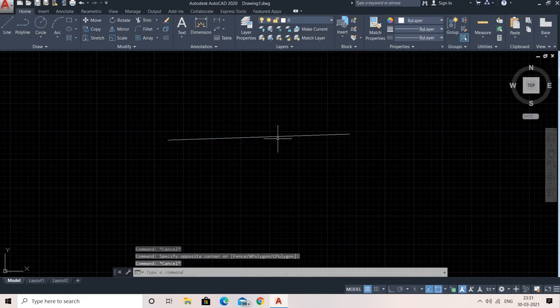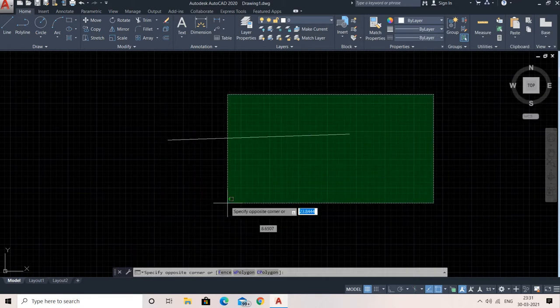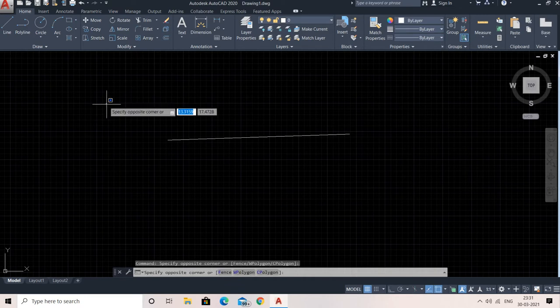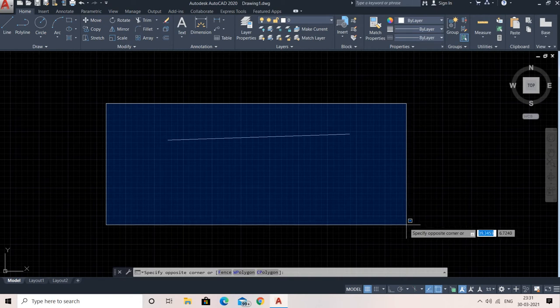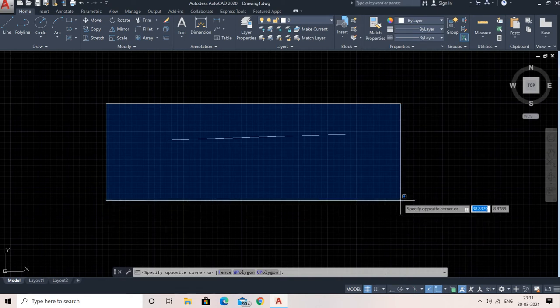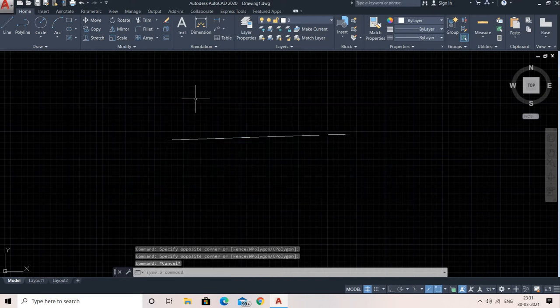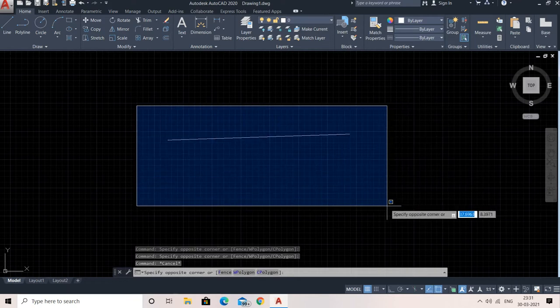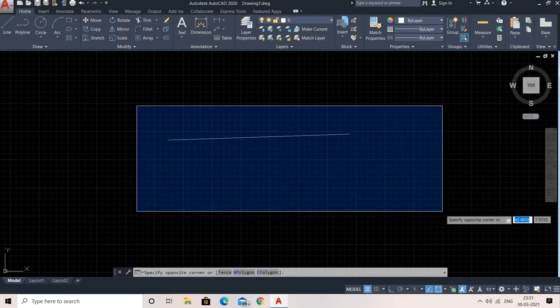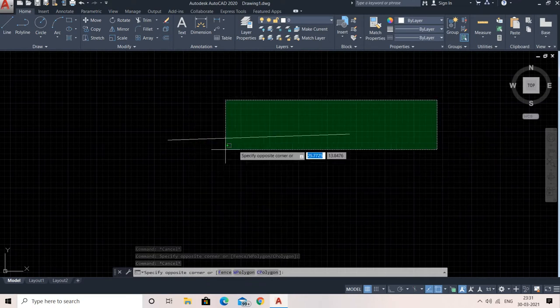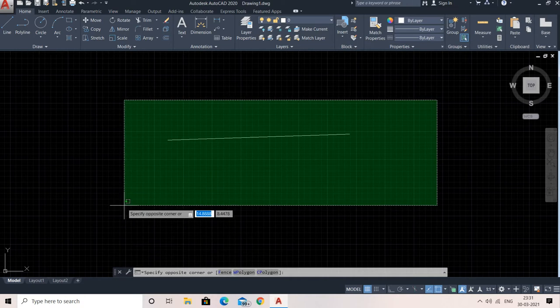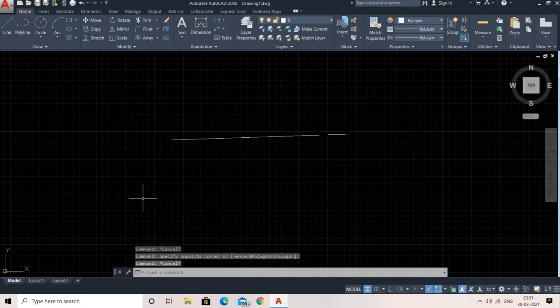Most of the time, the main thing I'm telling you is that if you click from right to left, green color comes, right? If you click from left to right, blue color comes. These two have their own meaning. In my previous video I explained each and everything, so you may understand that. If blue color comes, it selects the inside selection. But if the green one comes, it will select the entire selection.